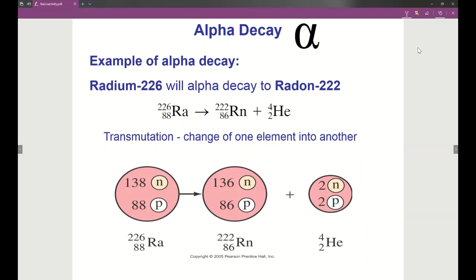So let's talk a little bit about alpha decay. Alpha decay is represented by the Greek letter alpha. An example of alpha decay is when radium-226 decays into radon-222, as we can see here. Radium on the left decays into radon plus this helium. This helium here is actually a helium nucleus. There are no electrons coming off of it, and it is also denoted by the Greek letter alpha, which, by the way, you can write on the test if you like, instead of writing 4-2He.